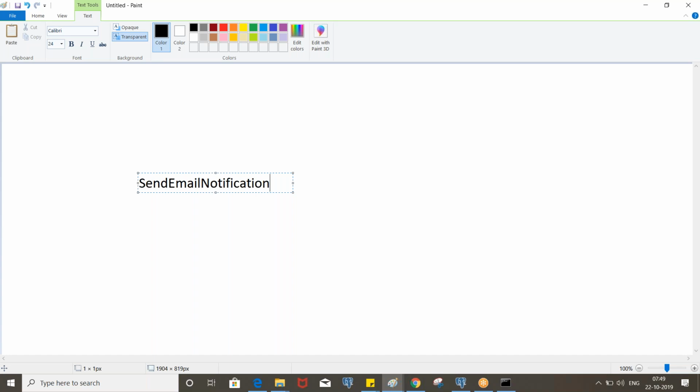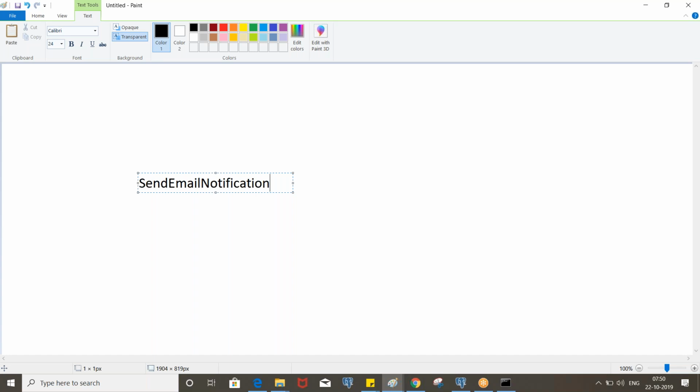Let's say if you want to send an email from your Gmail account, what are the things required? You need the from email and the password. And once you log in with these details, you need a to email address and the subject and the email body, right? So these are the mandatory things.